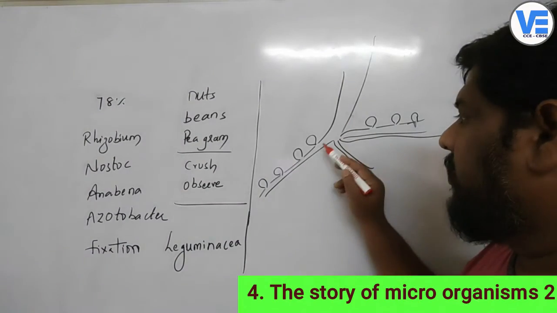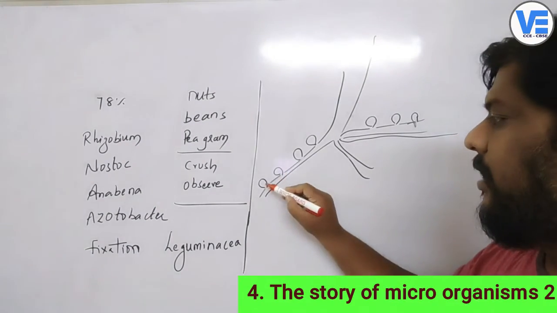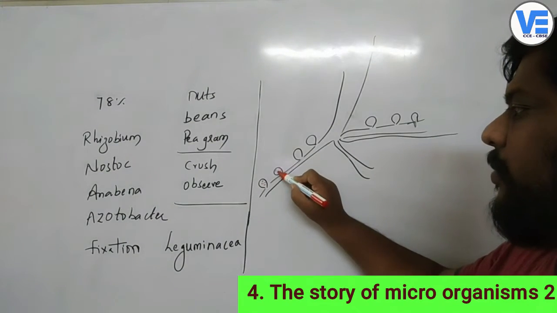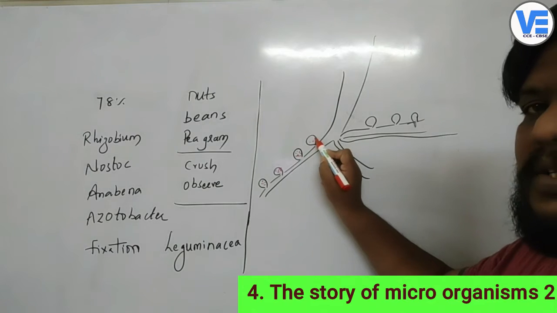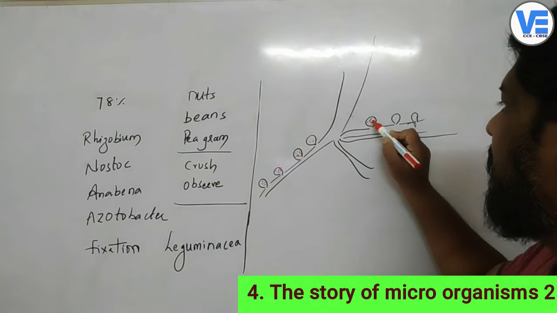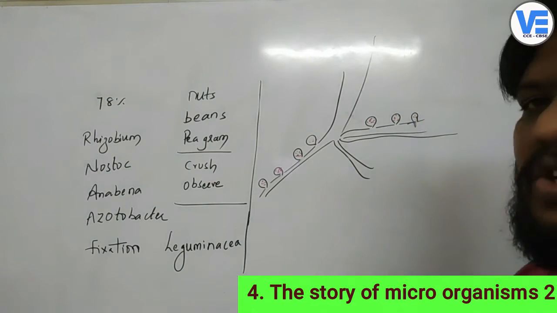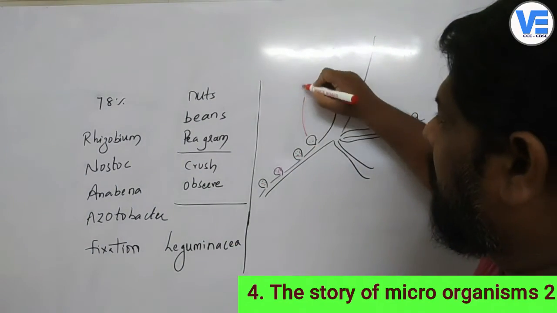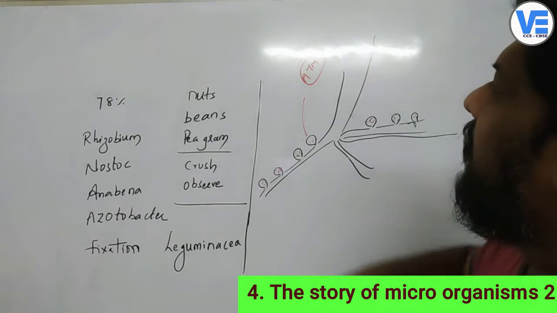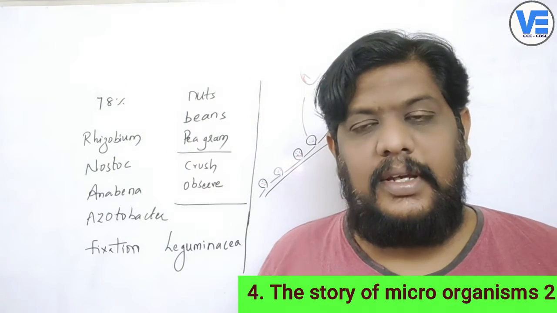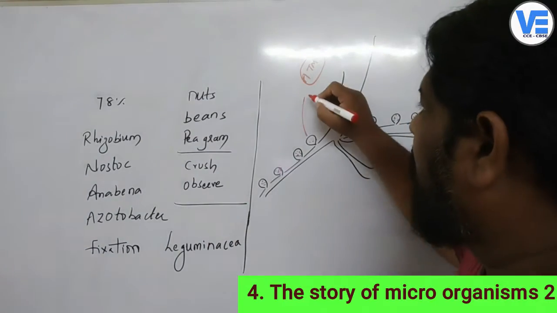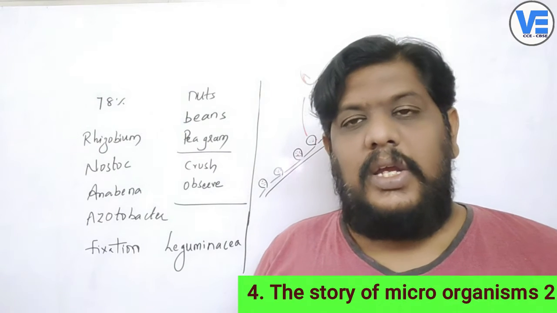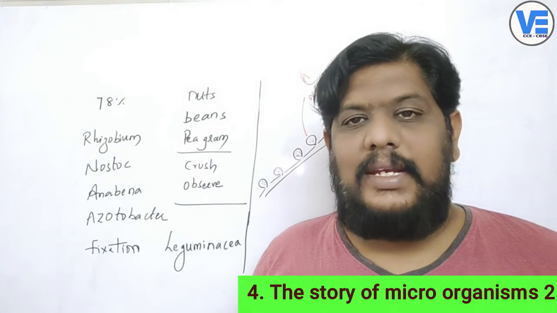so see here, children, this is the root I have taken here, and here there are the nodules, and these nodules, what are they? These are the Rhizobium bacteria. These are all the Rhizobium bacteria which are present in the nodules. Their job is they will take the nitrogen from the atmosphere, and they will convert that nitrogen into nitrites. So these nitrites are salts, isn't it? So once they are converted into nitrites,